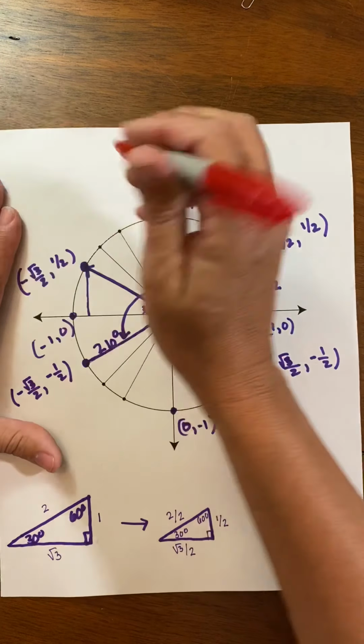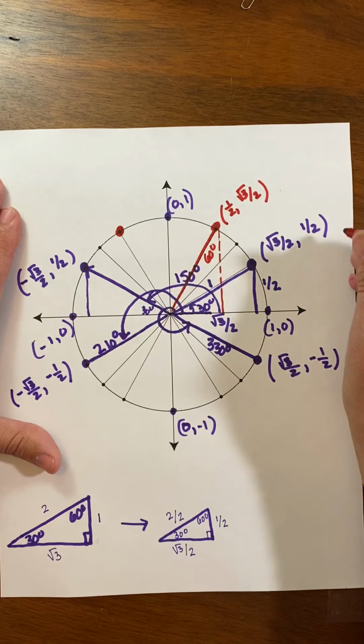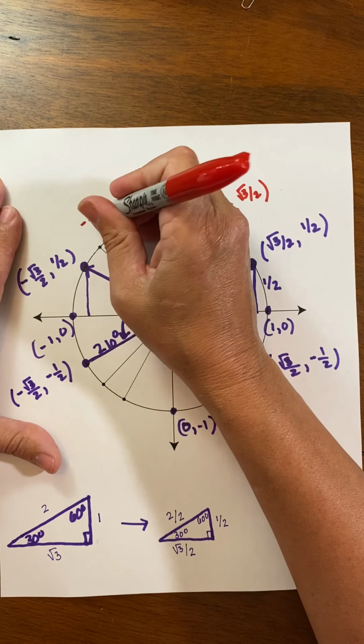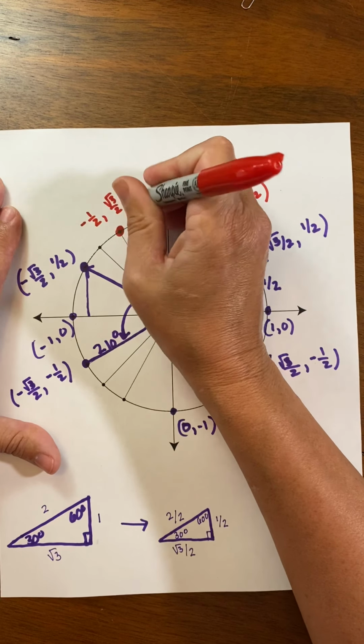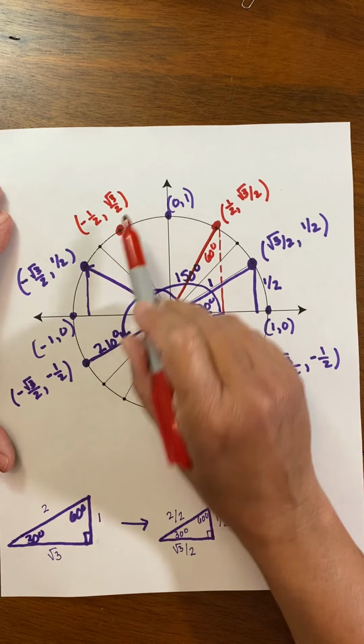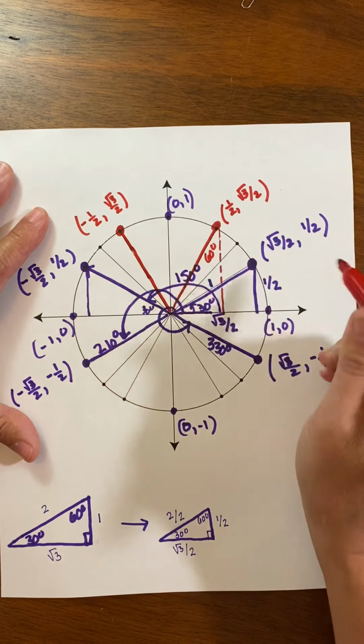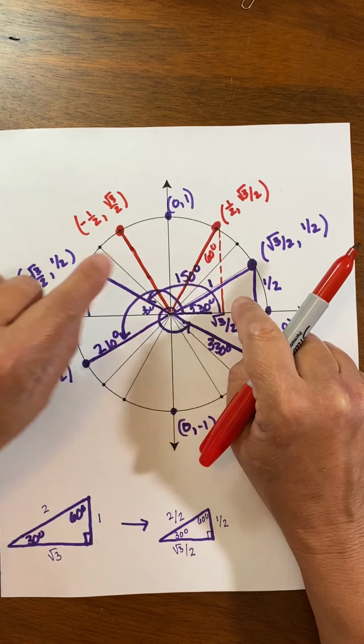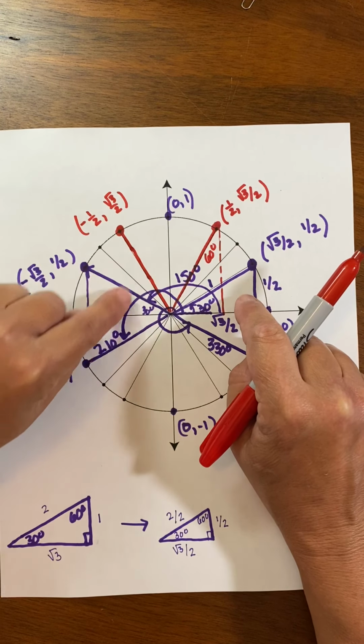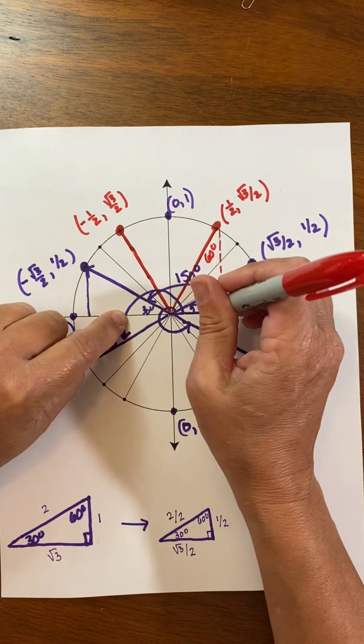So if I do the mirror image of that, we know the coordinates of this point, which would be negative 1 half, square root of 3 over 2. Because in the second quadrant, the x-coordinate is negative, the y-coordinate is positive. So what angle is this? Well, if this is 60 degrees from here to here, then this must be 60 degrees in here. So this angle must be